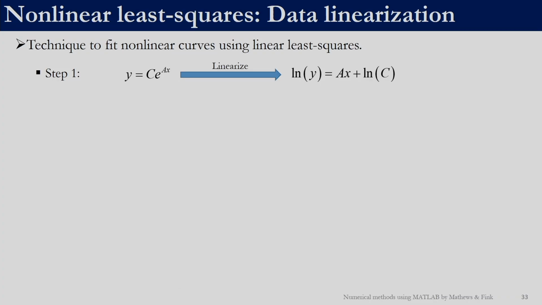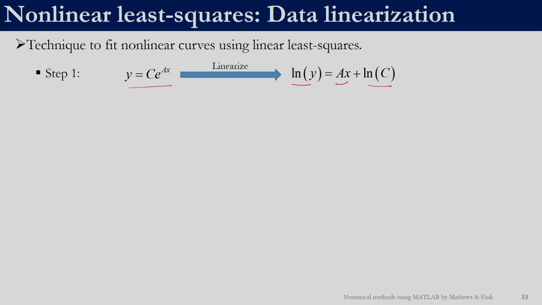Another way to solve this nonlinear regression problem. Sometimes this is possible to do. Our model was y is equal to c into e power a x. What we can do is take ln on both sides. So, ln y is equal to ln c plus a x ln e. Now ln e is 1, so we will have only a x.